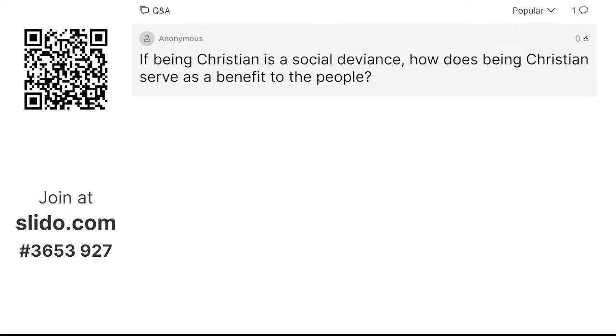So if you were Christian, and your husband left you or died, there was support for you as a widow. The community would actually feed you, clothe you, and support you either until you got remarried or potentially until you yourself passed away. It offers a lot of benefits like that. If you got sick, there were people to care for you. They took care of the poor, to the point where